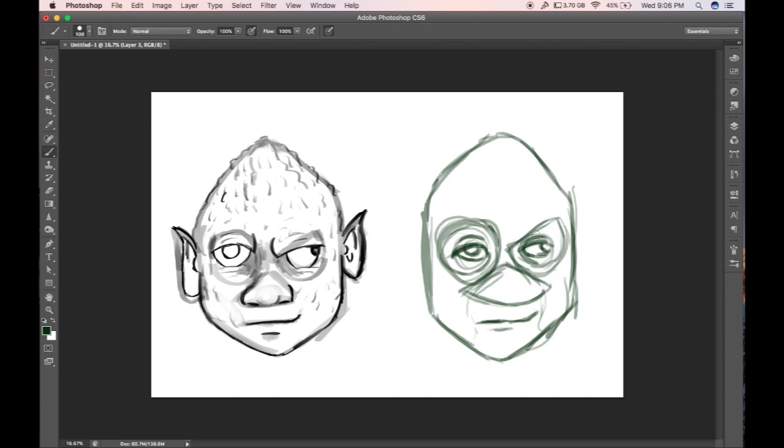Okay, so that's a little one. And I like to have the eyebrows. This guy doesn't have eyebrows, but I'm going to put some eyebrows on mine, because eyebrows really add a lot more to the expression too. I like to make the eyebrows follow basically the top